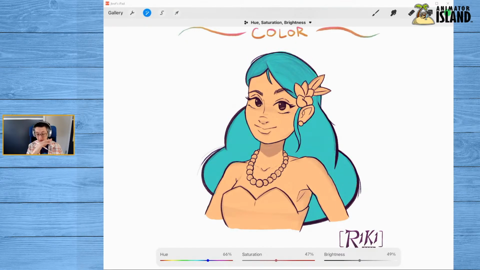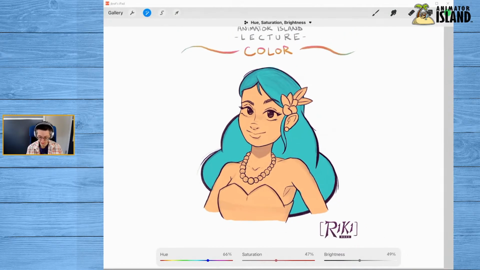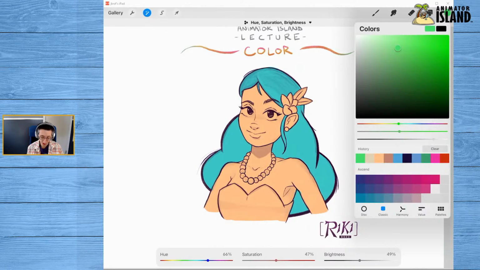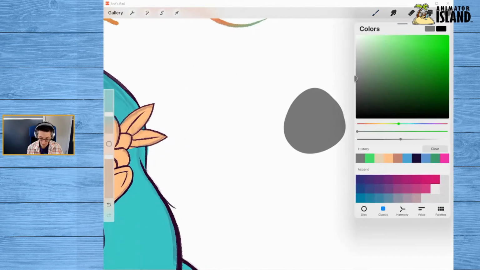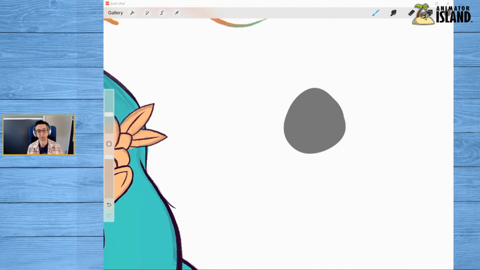And that brings us to another topic related to art, and color specifically. If we go over to our gray on our colors here, hang on, let me up that. Okay. If we go over to our gray, this would be what we would call just a plain, medium gray.